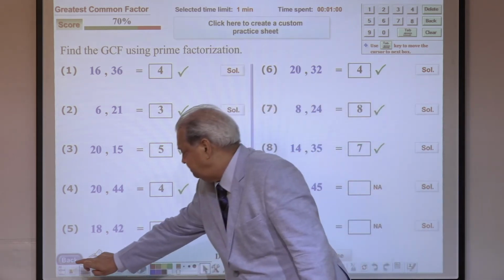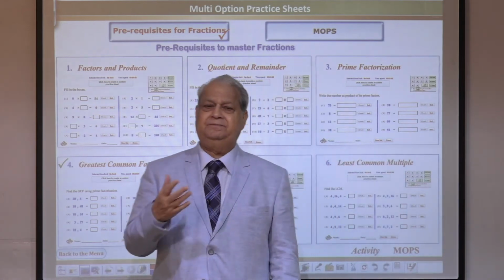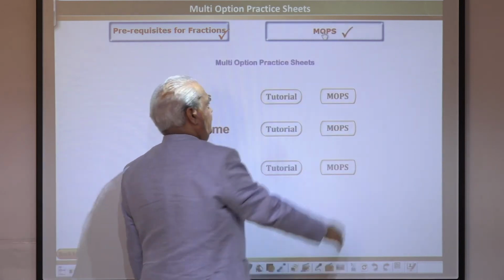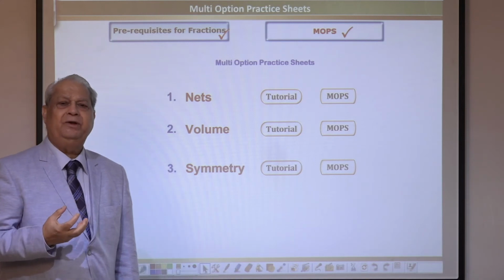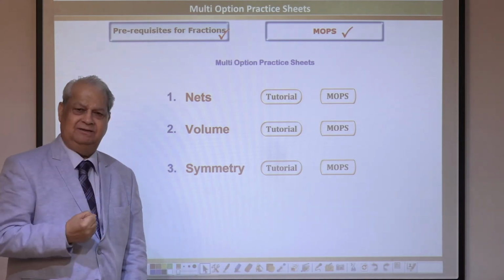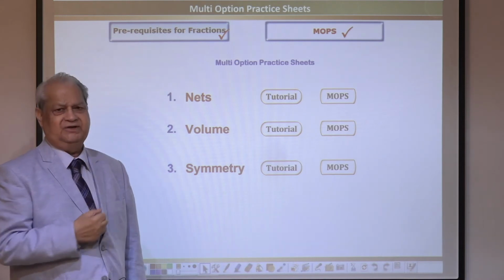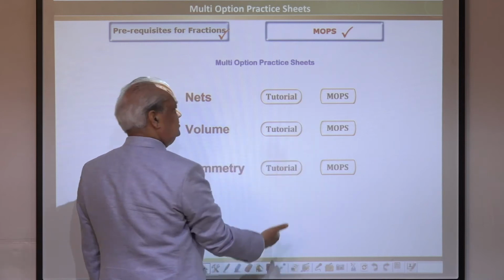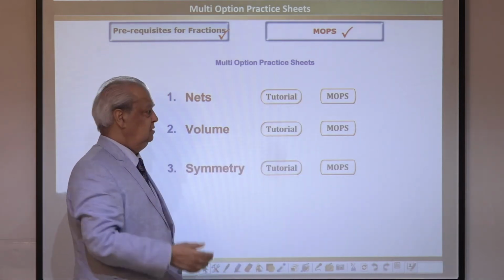So let me go back. All your activities of basic skills are of this type. Let me also explain more of the power of graphics and how we improve the imagination of the child in different basic concepts through powerful graphics. For example, these are tutorials. I'm not going through that. You have already seen how the tutorials work.